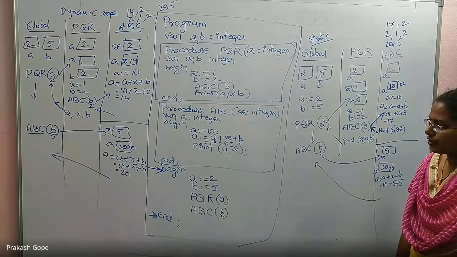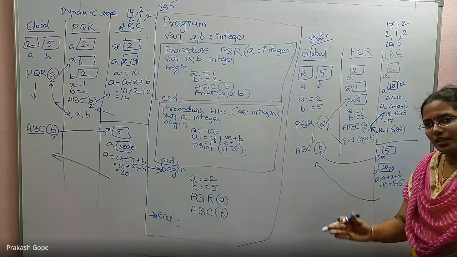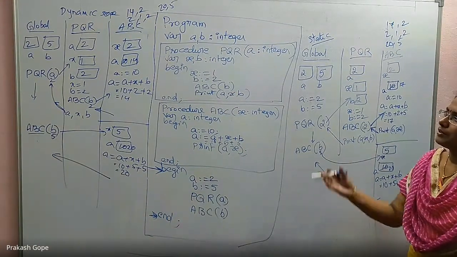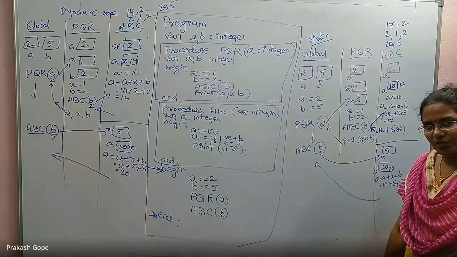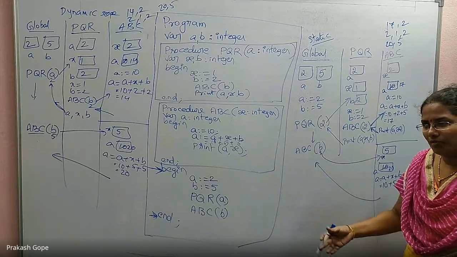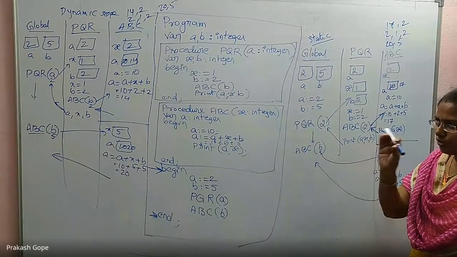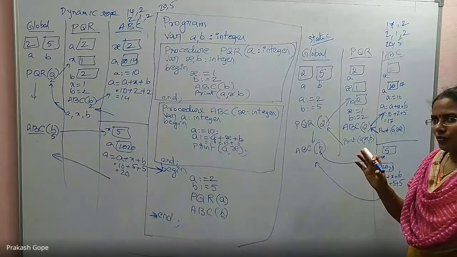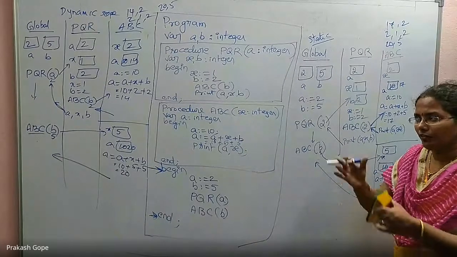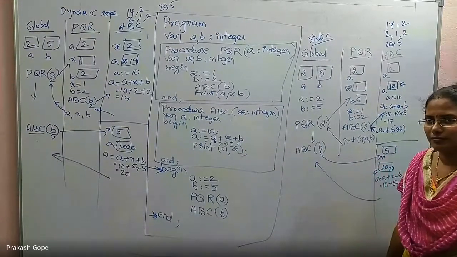There are a few questions on this in GATE, so we will solve them. See, we are learning recursion as a different concept, storage classes as a different concept, static and dynamic scope as a different concept, parameter passing techniques as a different concept. But there are GATE questions combining all these 4 concepts in one question. So if you know each and every concept clearly, even if they are combined, the way that we trace the code will not change, so we will get the right answer.